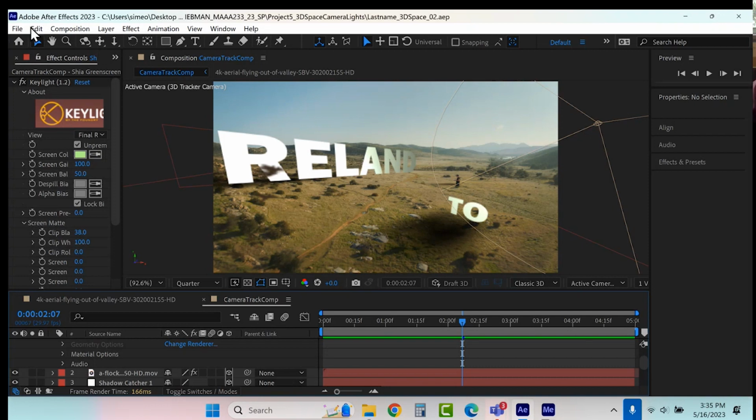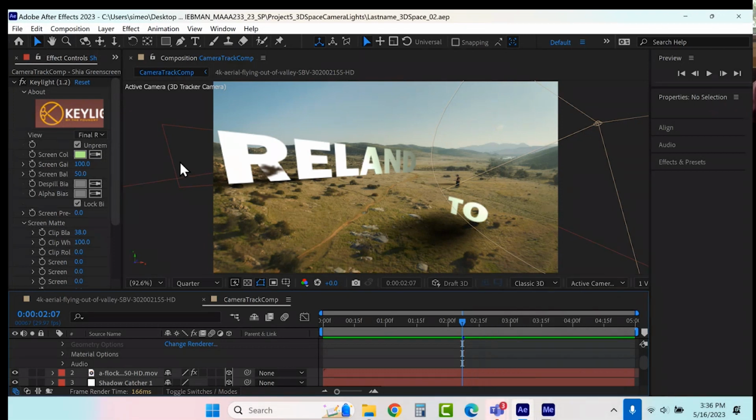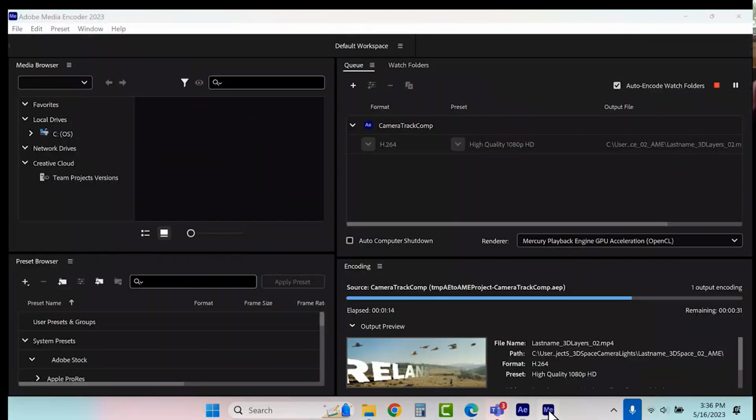Okay, it's not happy. Let's try that again. After Effects is locked up because all my RAM must be going to the rendering here. I wanted to clear out the cache. It says it's got 15 seconds.